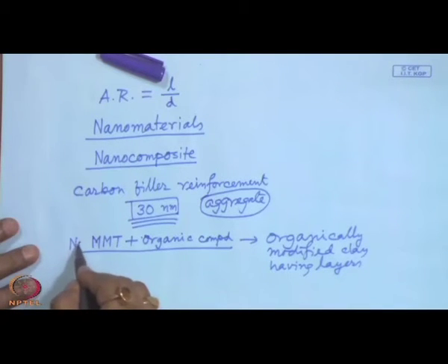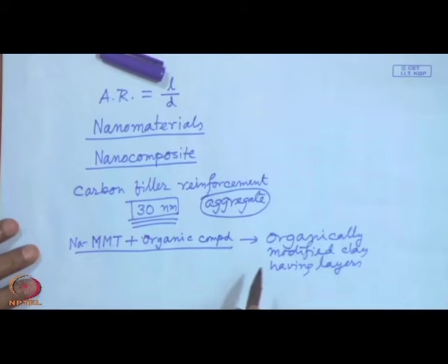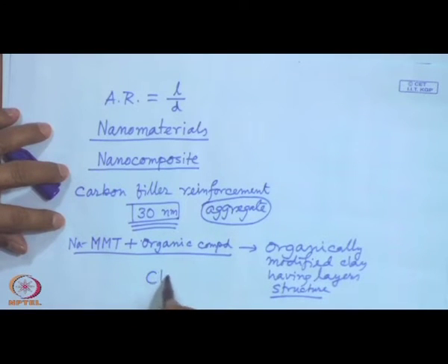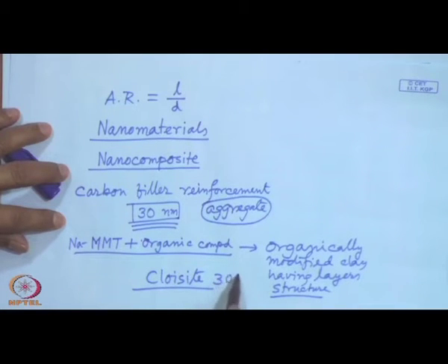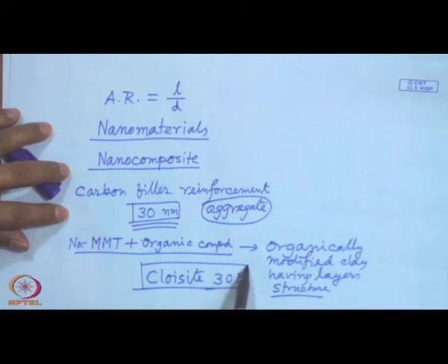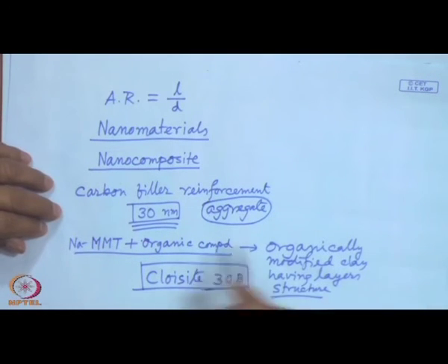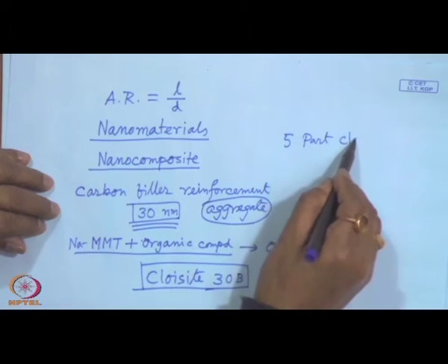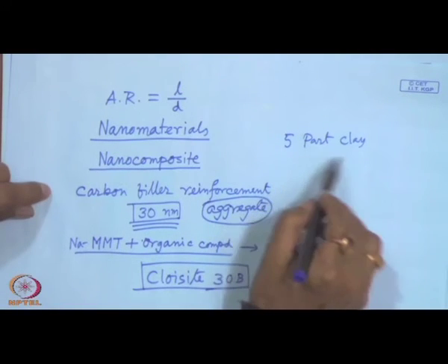Actually, this is sodium MMT, sodium montmorillonite clay, having layer structures in nanometer dimension. Such clay fillers, MMT clays, are known as organically modified clay, known as Cloisite. One grade is, say, 30B organically modified clay. Only 5 parts of such clay in, say, rubber